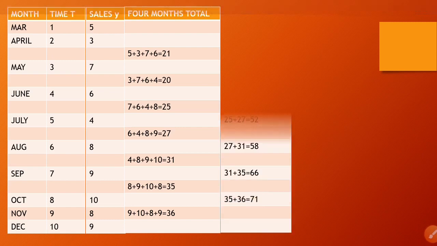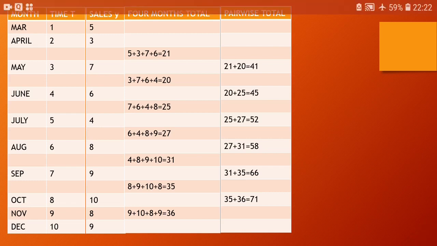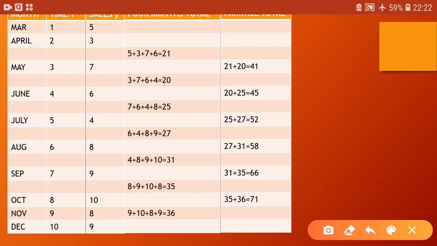You will be doing pair-wise total. Now what is this pair-wise total, sir? In 4 months total, we have found and written in between 2 particular years. Now what we will do? We will be doing totals total. Yes, see, this 21 is also total, this 20 is total. Now I will be doing 21 plus 20, that is 41, and I will be writing between these two lines,